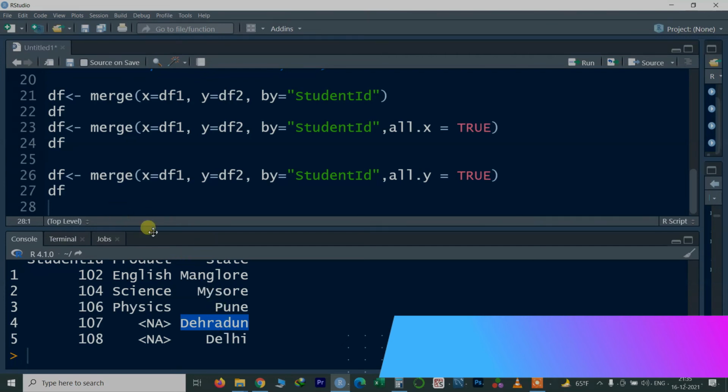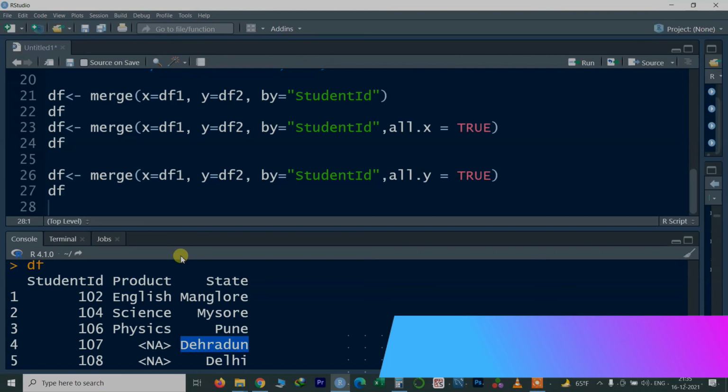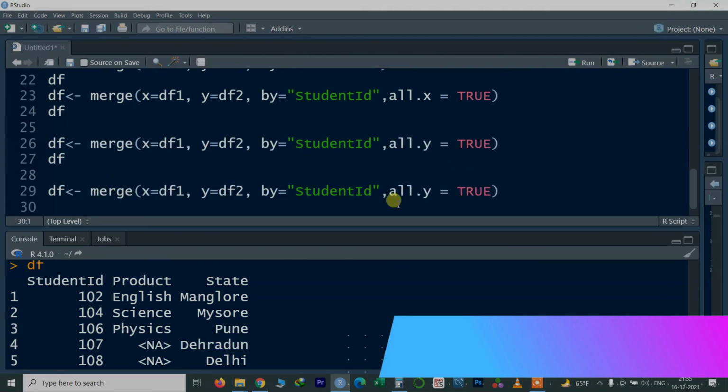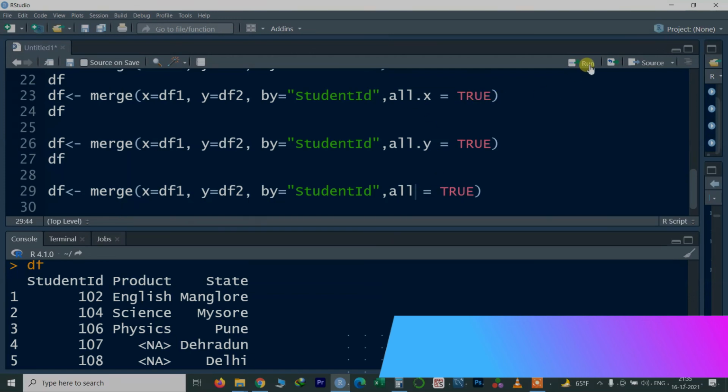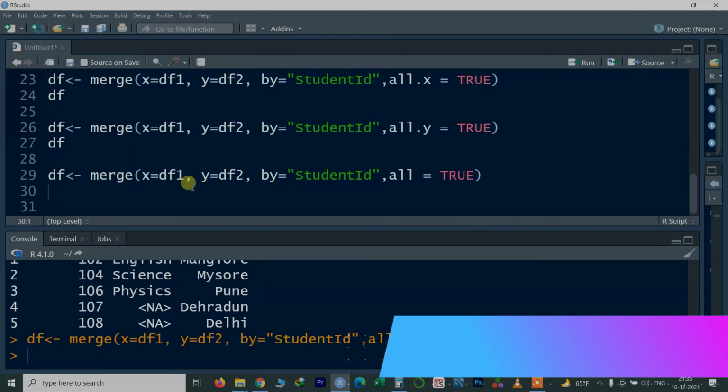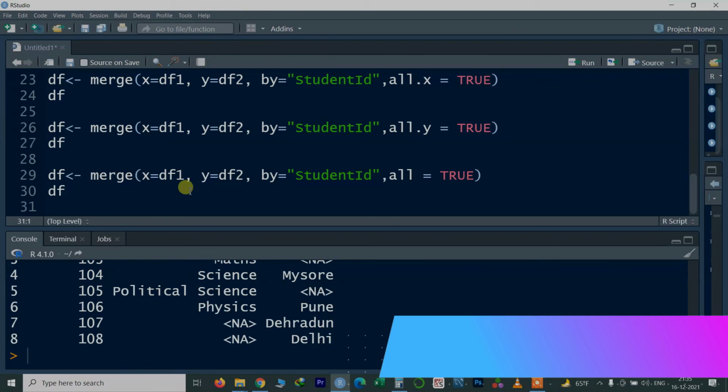Now if you want to get all elements of data frame 1 and data frame 2, there is also one way to do that. In this case you need to give all is equal to TRUE. Here you will get everything, in the sense of the union of data frame 1 and data frame 2. I will simply type df and enter.